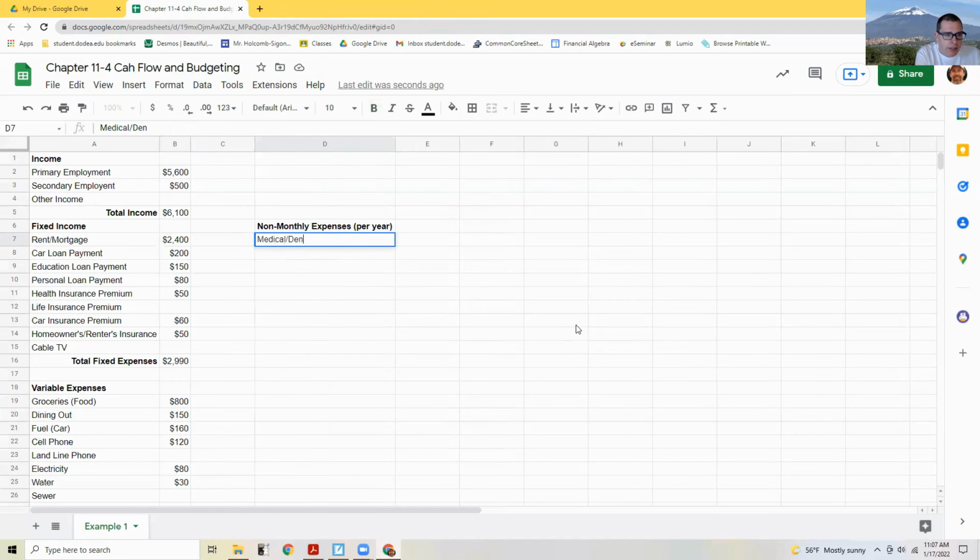Medical / dental related, auto related, home related, life insurance. So if you look over here, life insurance premium is blank because it's not monthly, so they must have a premium that might be quarterly or something like that. We'll get to that. Tuition,